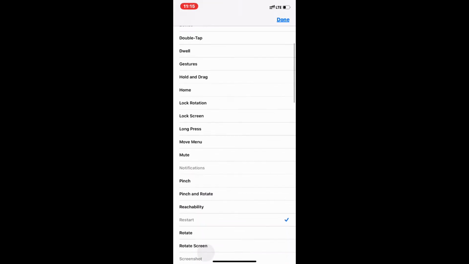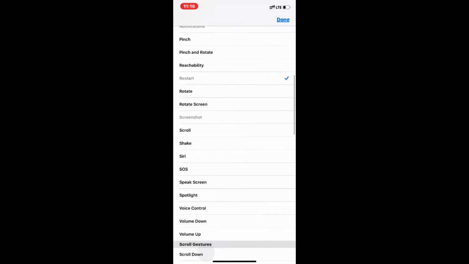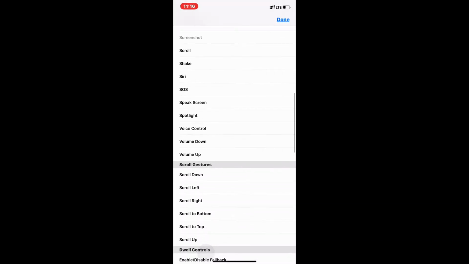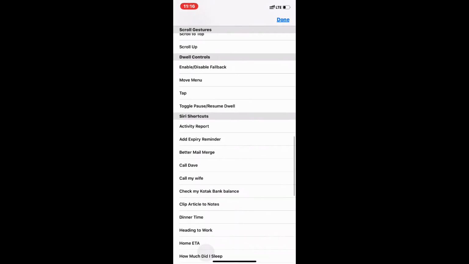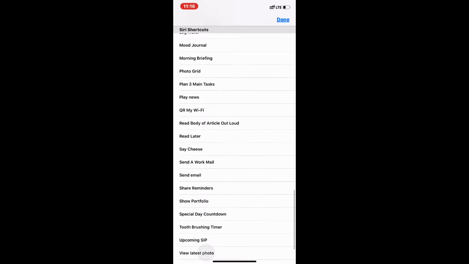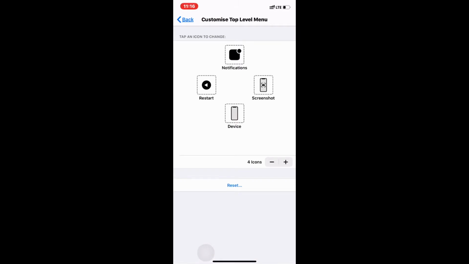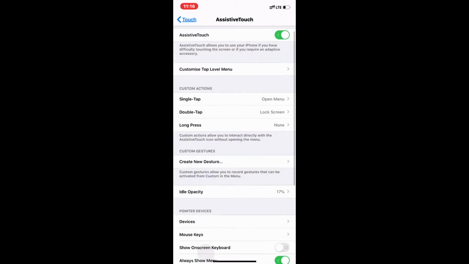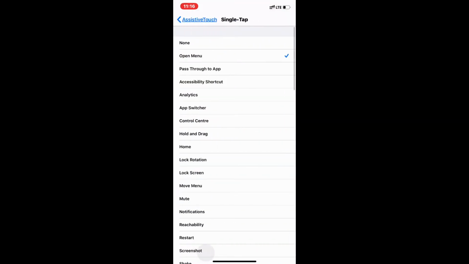Essentially, Assistive Touch is a moving ball that roams around your screen, and when it is idle, it becomes transparent, and you can select the transparency of the ball also. After selecting each action, you can just tap on the ball, double tap on the ball, or press and hold the ball, and it can perform various actions. That is an amazing feature, and I particularly use it for these 4 options that you can see on the screen. One is to restart, because restarting a phone without a shortcut is a hassle on iPhone. Then there is notifications, then there is screenshot, which is very fast and handy. And then there is device, and in device you get so many options that I will show you later.